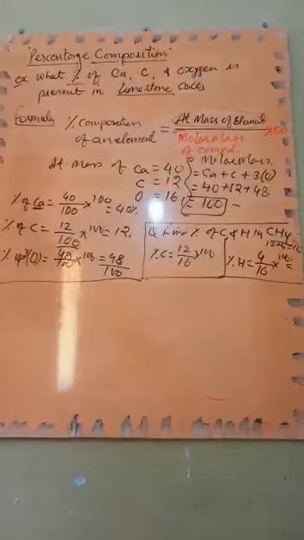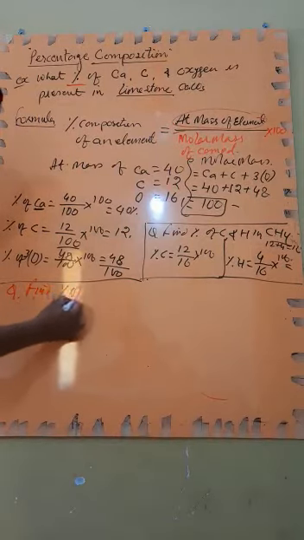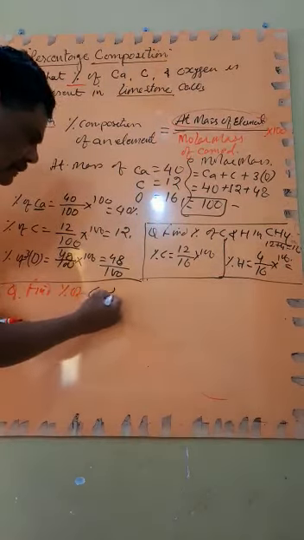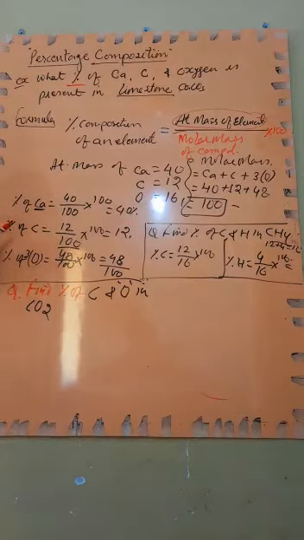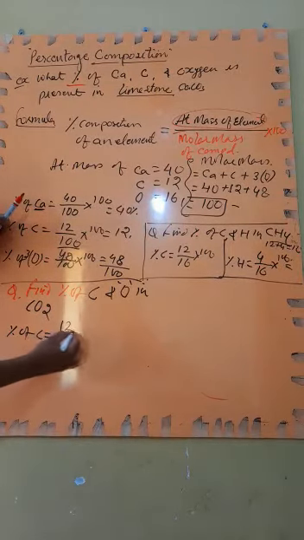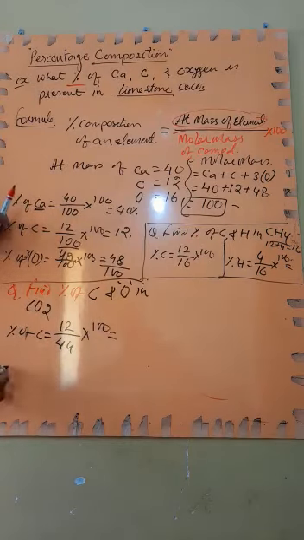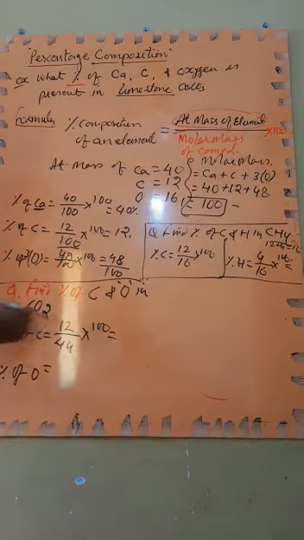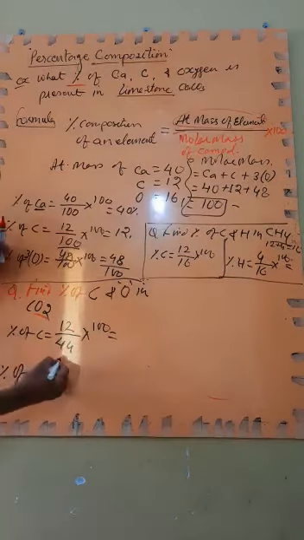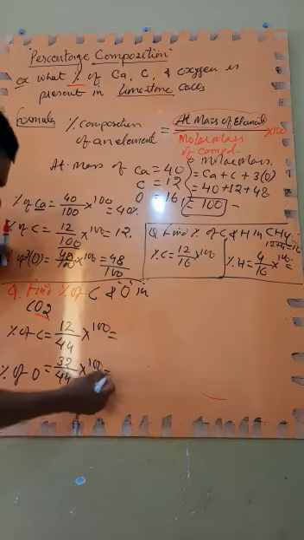Now we can solve a few more questions. Find the percentage of carbon and oxygen in which compound? Suppose this is the CO2 compound. So what to do? Percentage of C is equal to the atomic mass divided by the molar mass multiplied by 100. You will get the answer. Percentage of oxygen: now how many oxygen atoms are there? 2 oxygen atoms are there, therefore 16 times 2 is 32. So the atomic mass is 32 upon 44 multiplied by 100. You will get the answer.